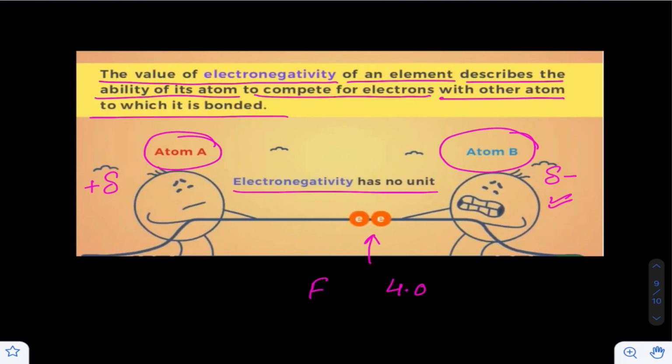Now the electronegativity behavior down a group and across a period is exactly the same as we have done in the case of electron affinity, because both these properties are concerned with gaining or attracting an electron.